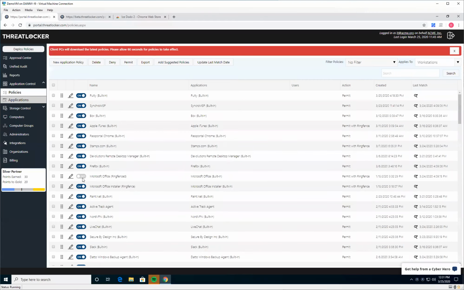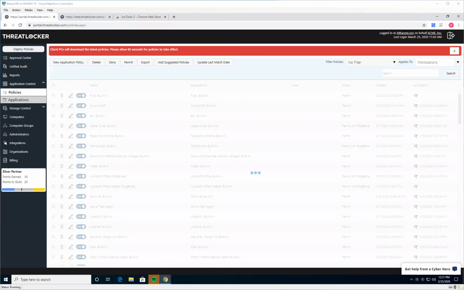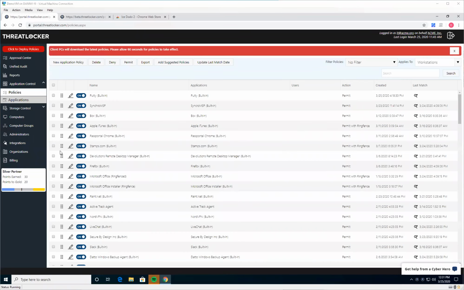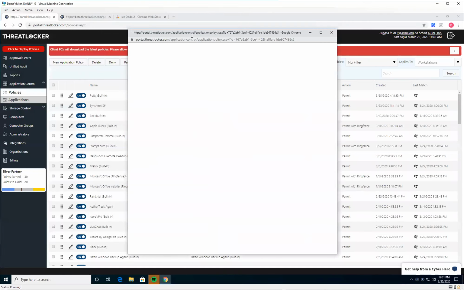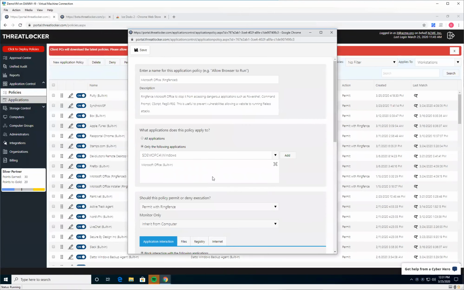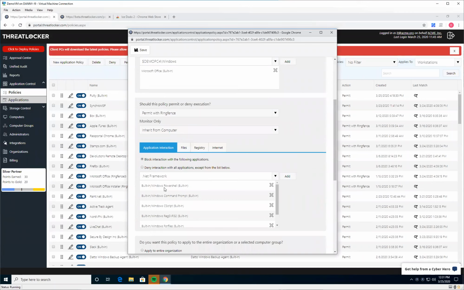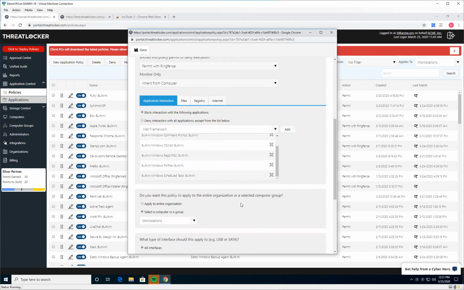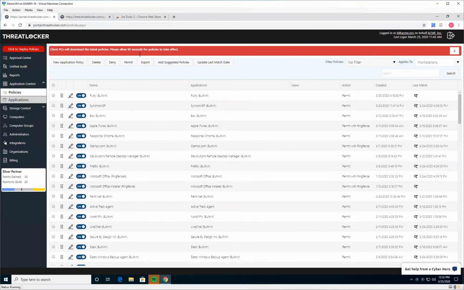So what we did is we came up with this concept of ring fencing. The idea with ring fencing is not only could we control what an application could run, but we also control what applications could do once they're running. So for example, we want to say, okay, Microsoft Office is allowed to run, but that doesn't mean it should be able to talk to PowerShell or Command Prompt or CScript or any of these other potentially weaponizable applications. So we ring fence it and say it can't talk to those applications. We have a whole bunch of suggested policies here that you could just add right out of the box that are really going to help you